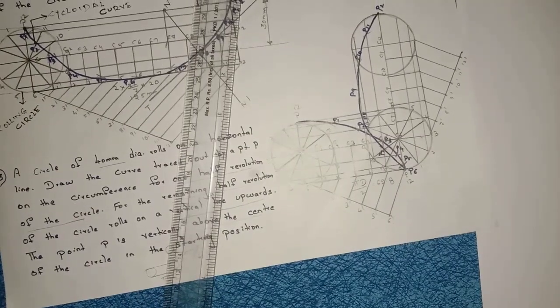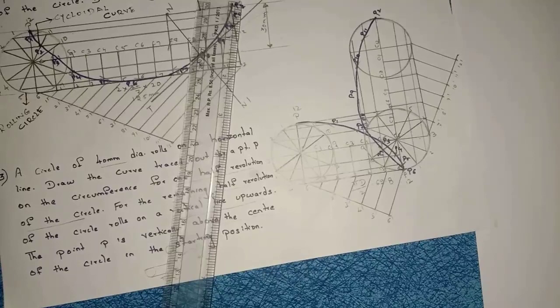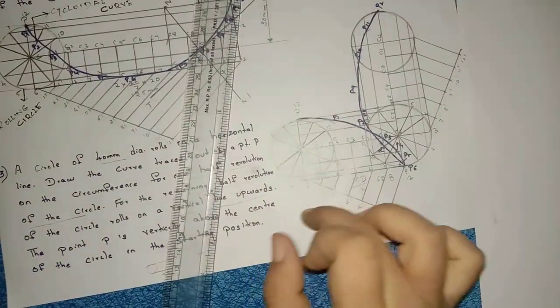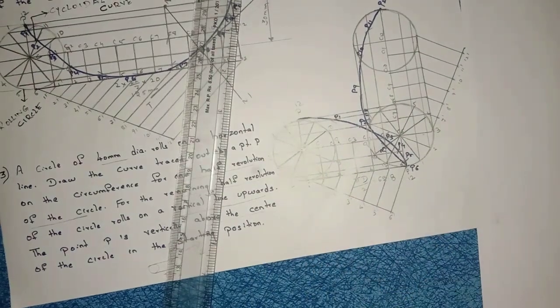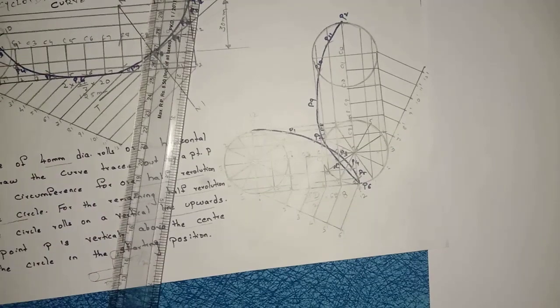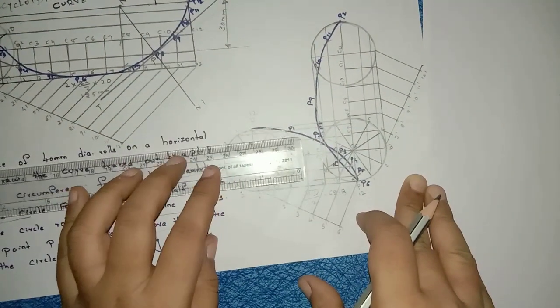See, if you look at this, it looks clumsy, but if you draw it, it is very easy, because it depends on the circle numbers only. Simply we are drawing this, no? So it is very easy, right? So don't get confused, just be patient and draw this problem, right?